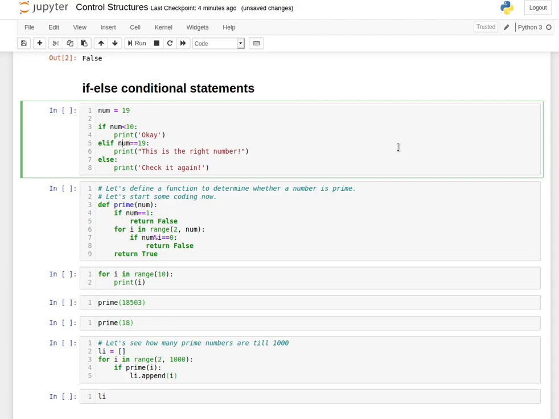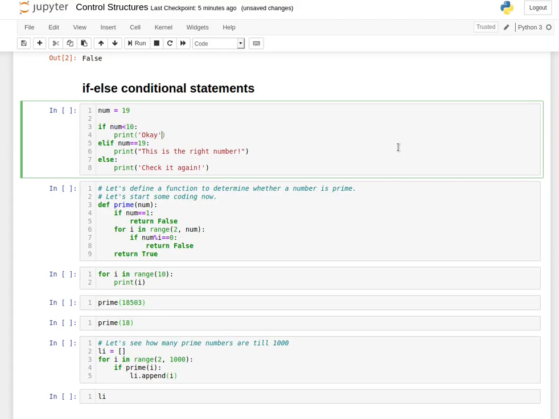Then you specify the condition, and then you specify the colon. Again, we have to use the indentation and write down our statement, whatever we have to execute on the basis of this condition. Now elif is used only when the if statement becomes false.